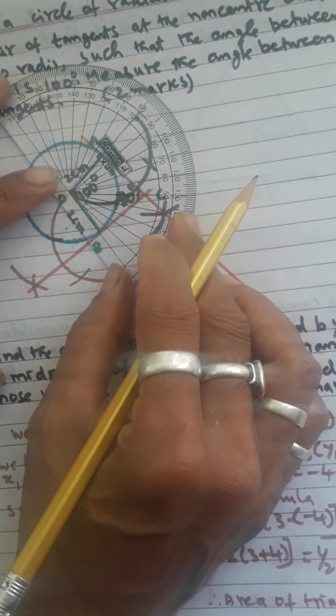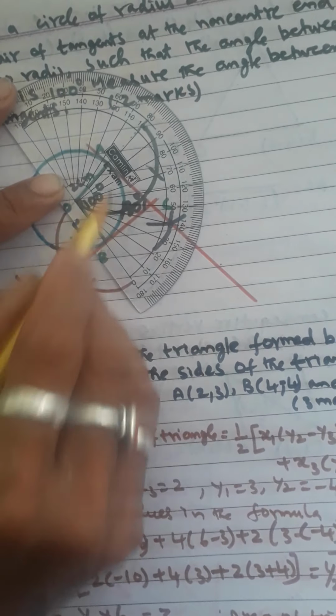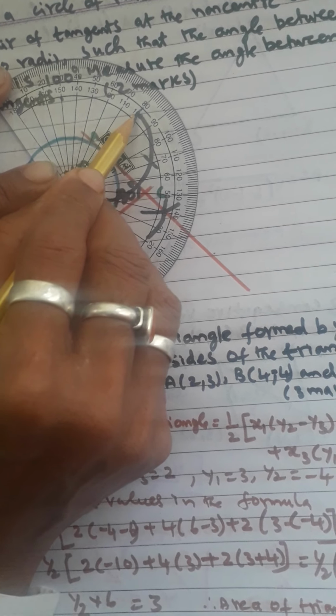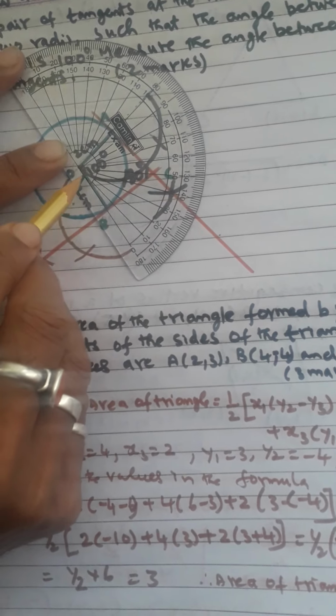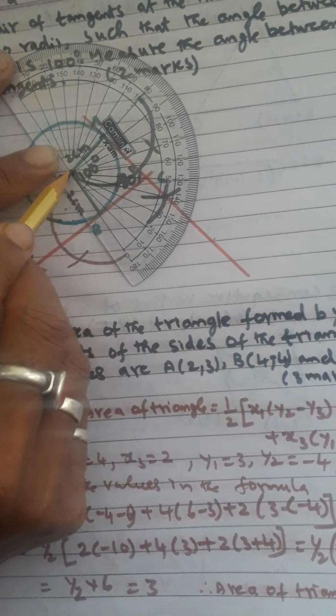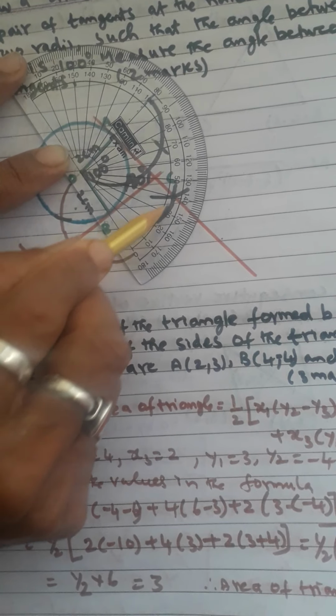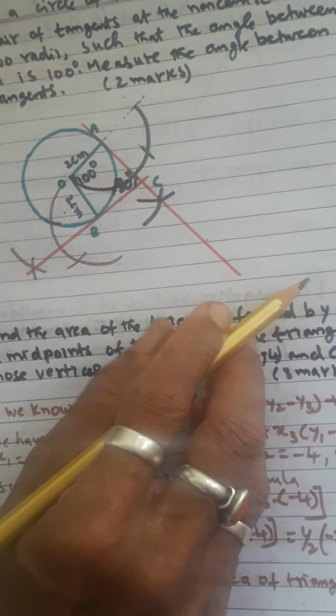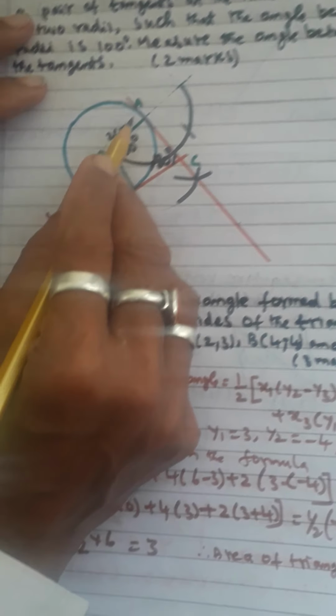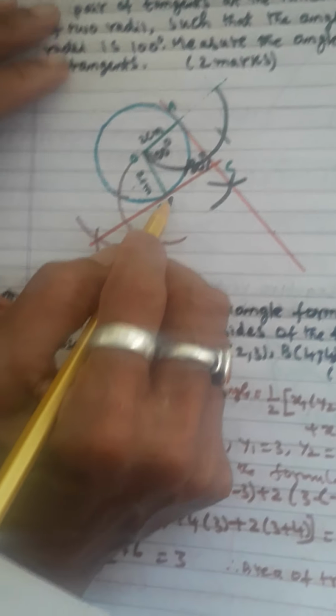So I'm getting about 100 here. See, I have drawn here, so it is coming here 100. Okay, so here the scale comes because one line is going this side and another line is coming here. So 0 to 100 is coming here. So you draw the 100 degree. After you have drawn that 100 degree, both radii you have drawn.